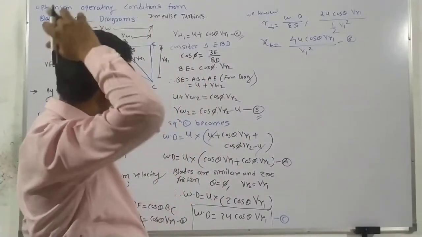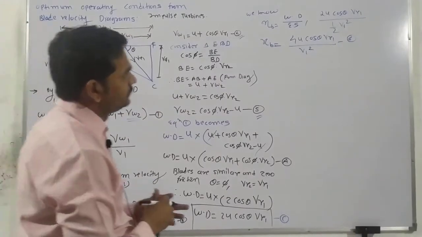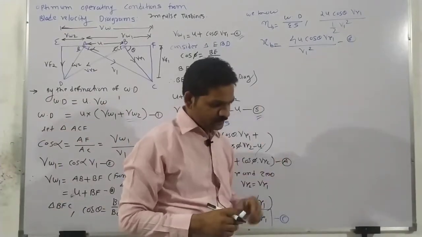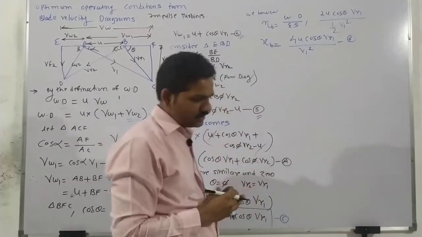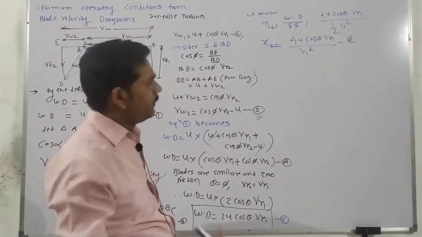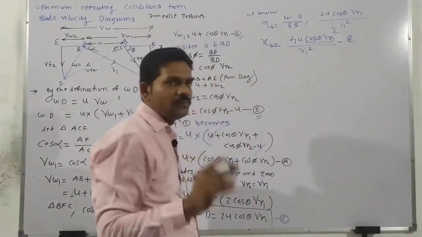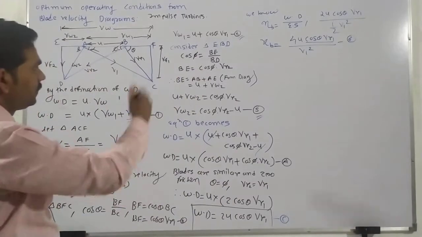Now then boys, after that, see here, there is one adjustment in equation number 6. What type of adjustment is there? So you see, what is the value of this cos theta VR1? What is the value? Observe, in all the equations we have.